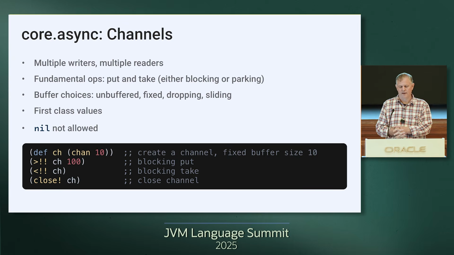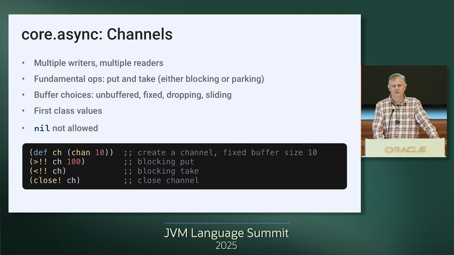And then if you have too many events coming through a channel, if you don't want to handle back pressure, then you need some way to handle the buffer filling up. So dropping and sliding allow you to start dropping values at the beginning or the end of the buffer, which both might be good policies depending on what kind of a system you're doing. If you're getting a string of keyboard events, maybe you don't care about the old ones, you care about the new ones. So there's different options.